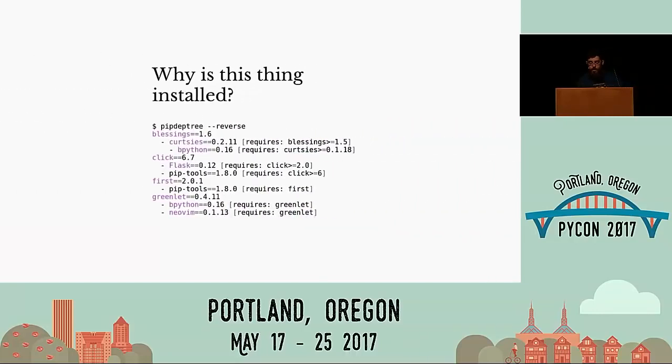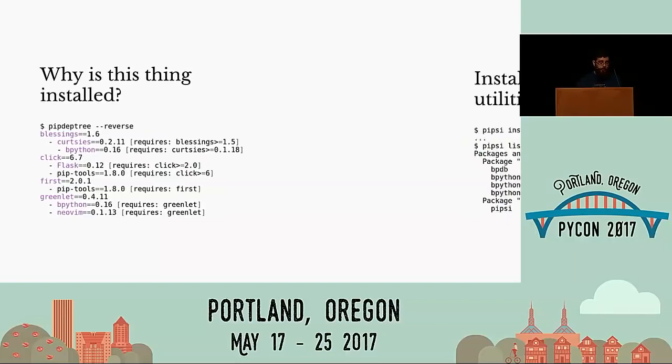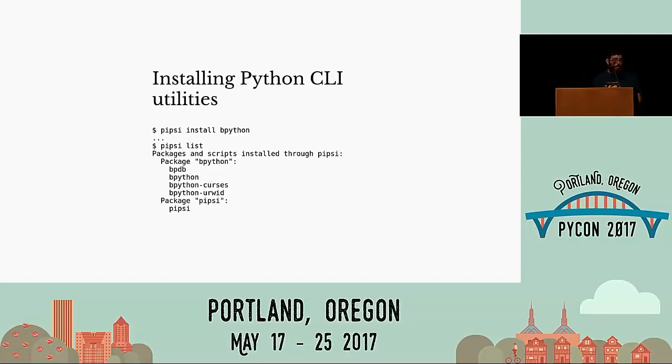Even more useful is the reverse flag. This answers the question, why is this thing installed? This flips around the output so that the leaf packages are shown first, and it allows us to go back to that requirements.txt file that I showed at the beginning and figure out how some of those dependencies got installed into my environment. So now I can look and see that,